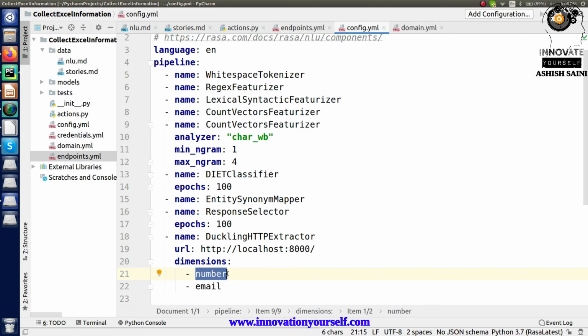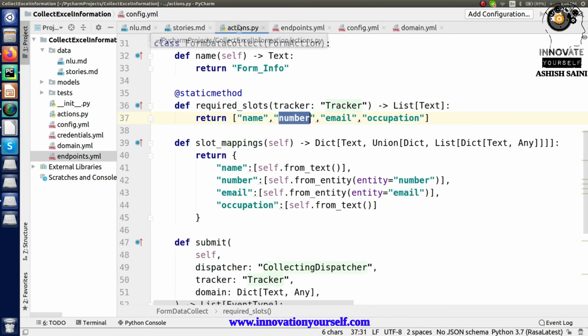So whatever entity you will be having will be stored directly to the slot which you have created, just because you will be having the value in the entity named number. And how are you getting this number as an entity automatically? Because Duckling provides all these things. Duckling automatically picks the values and creates an entity for you where it is going to store the values. So that is why I'm directly using these entities, and I will be further storing them into the slots. So this is all that I'm doing right now, right?